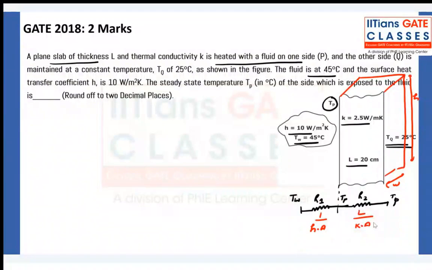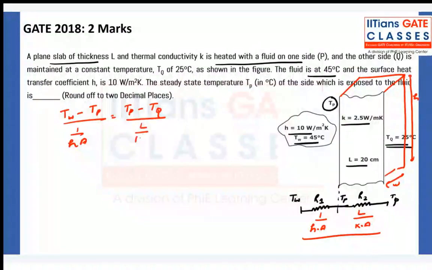I need to find out TP. Again, I can write Q and everything, the same equation I wrote before, but I do not need all that. I can solve it from here: TW minus TP upon 1 upon HA is equal to TP minus TQ upon L upon KA. Now area is the same for conduction and convection, so it will get cancelled. Everything else I know, but I need TP. So 45 minus TP upon 1 upon 10 is equal to TP minus 25 upon